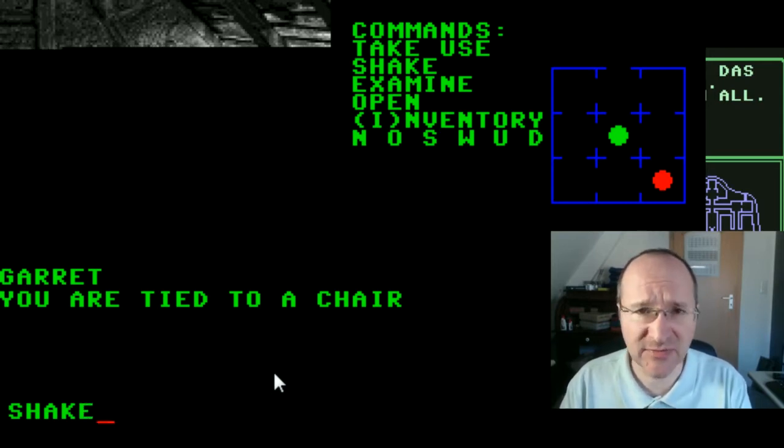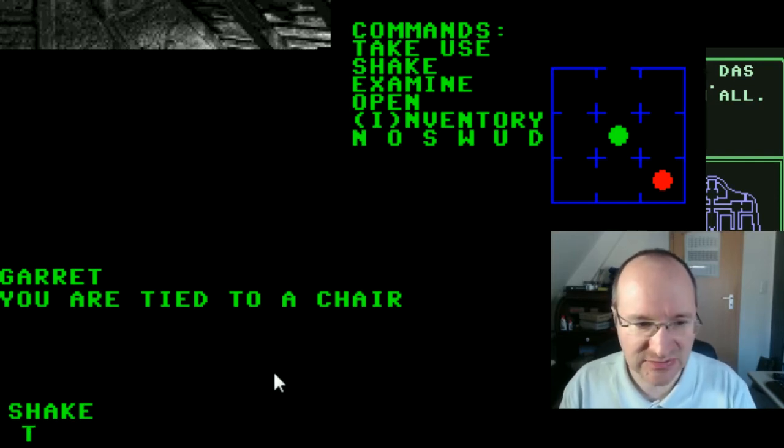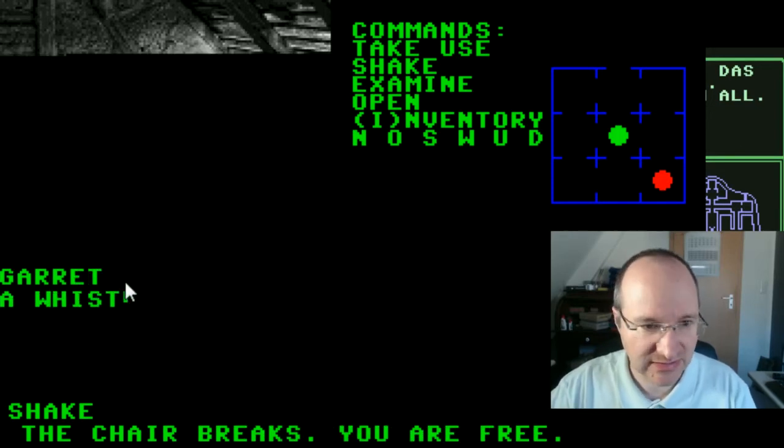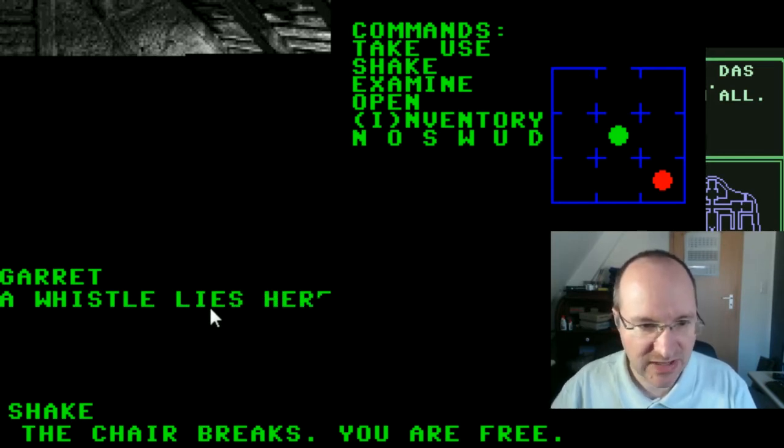And since with these first commands we will not leave the room, it's okay to do this. So you see now that the chair will break and then we are free. So now we are free, it's possible to have a better look around in the room, and there is a